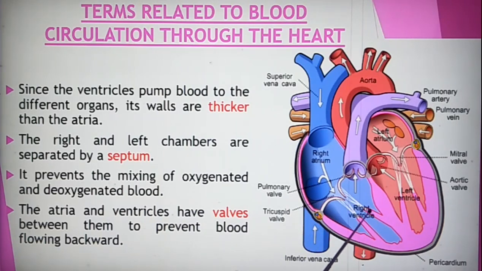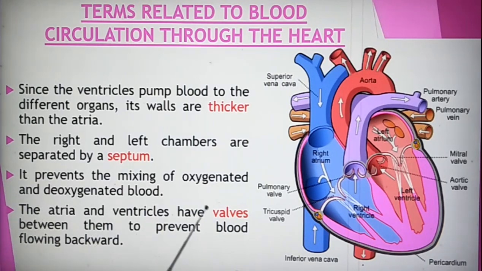In both cases, the right ventricle and the left ventricle, their walls are very thick because the blood is passing from them to the structures at very high speed. These two sides are separated by the septum. The main function of the septum is to prevent the mixing of these two bloods. This is deoxygenated blood and this is oxygenated blood. So the septum separates the oxygenated and deoxygenated blood. If the septum is not there, what will happen? These two bloods get mixed and it can result in malfunctioning of the heart.